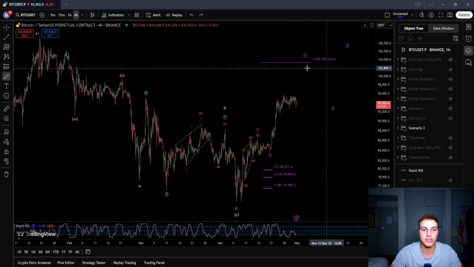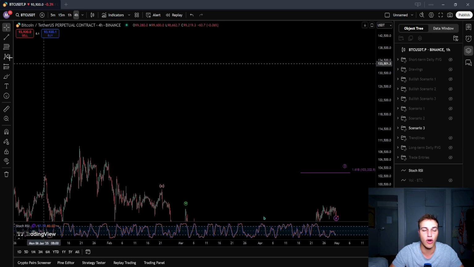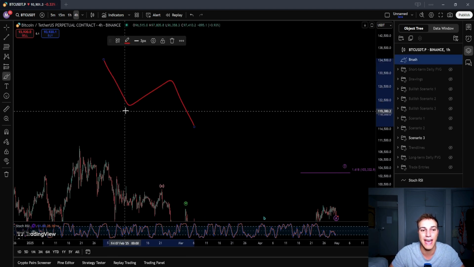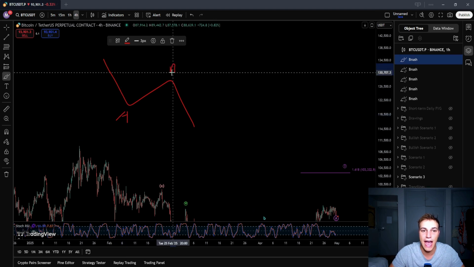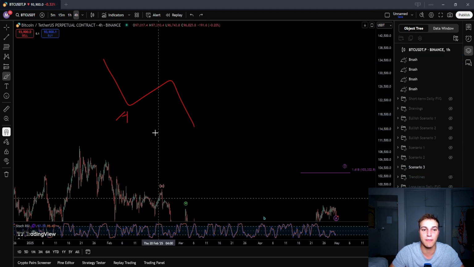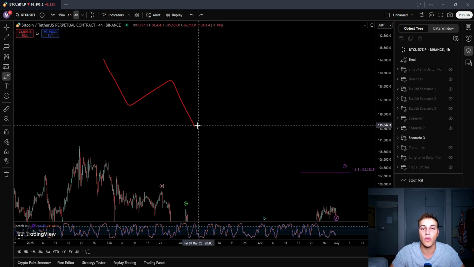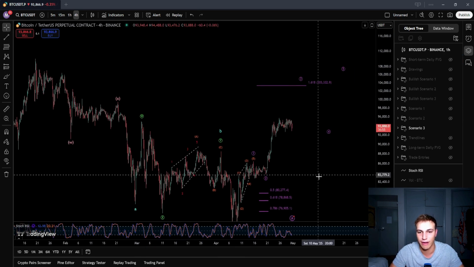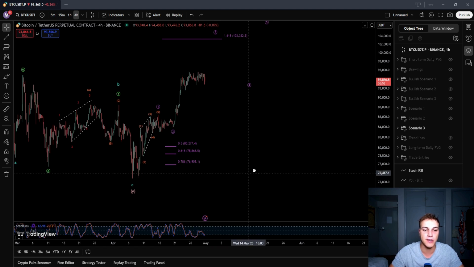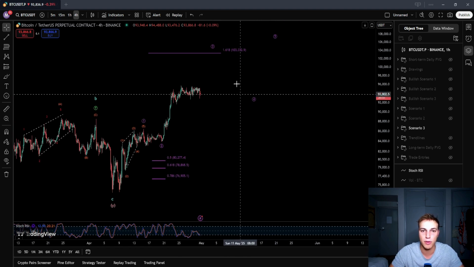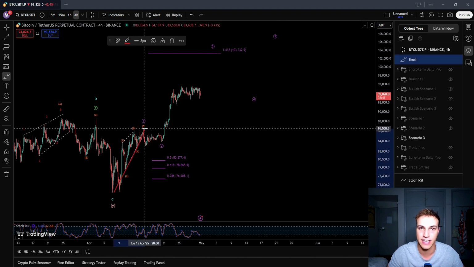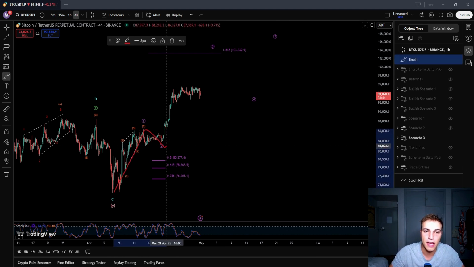Right? If I were to do some education for you guys, oftentimes when we end a 3-wave correction, an A, then a B, and a C, or a WXY, very similar, we then have a 5-wave structure to the upside. So, if we are looking for that 5-wave structure now to the upside, we are looking for this purple mark here. We can see here a 1 in a leading diagonal, a 2 down, 3 targeting